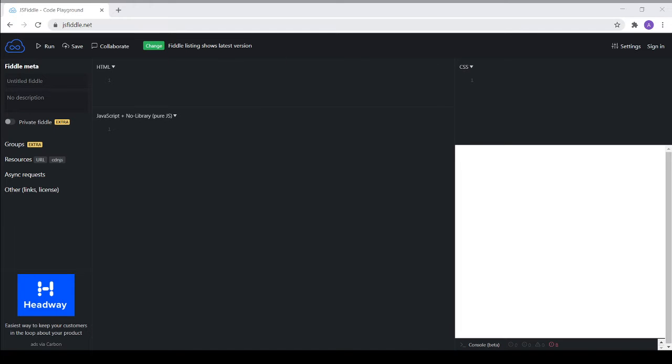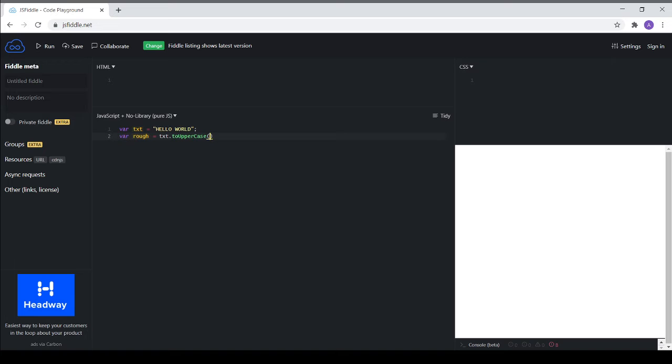As you can see, I've opened my JS Fiddle window. You can do the same and come to the JavaScript side of your JS Fiddle window, and then let's start writing some code in it. So let's say var txt equal to "hello world", which is my first string, and then I'll say var rough is equal to txt dot to